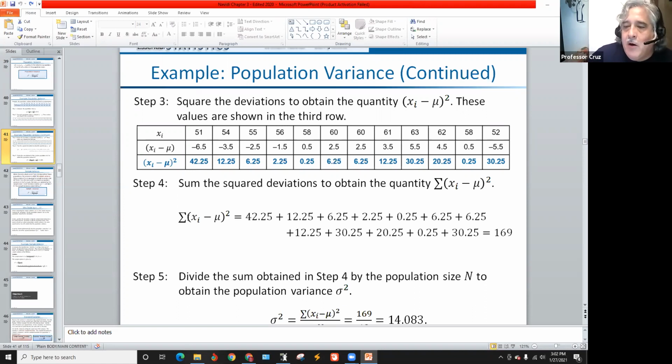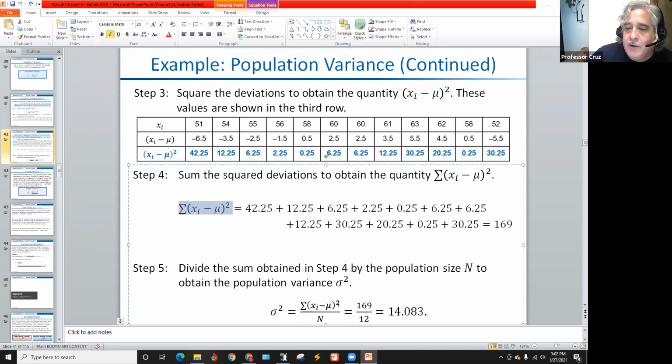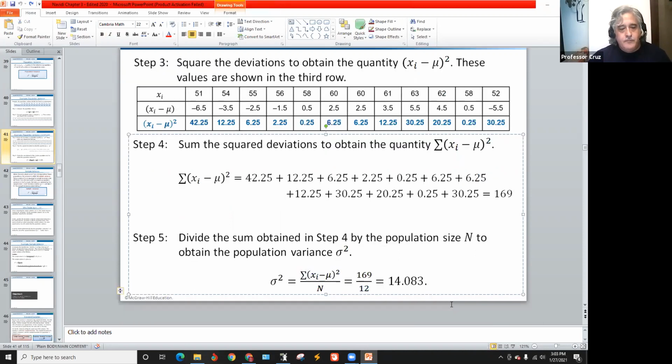So add them all up. That's that whole thing in the numerator. See that right there? All of these add up to 169, and it goes in the numerator. Now, here's where one step is going to be different when we deal with a sample. We're not dealing with a sample here because this is all 12 months, so you just use however many pieces of data you had, which was 12. 169 divided by 12. So the variance is